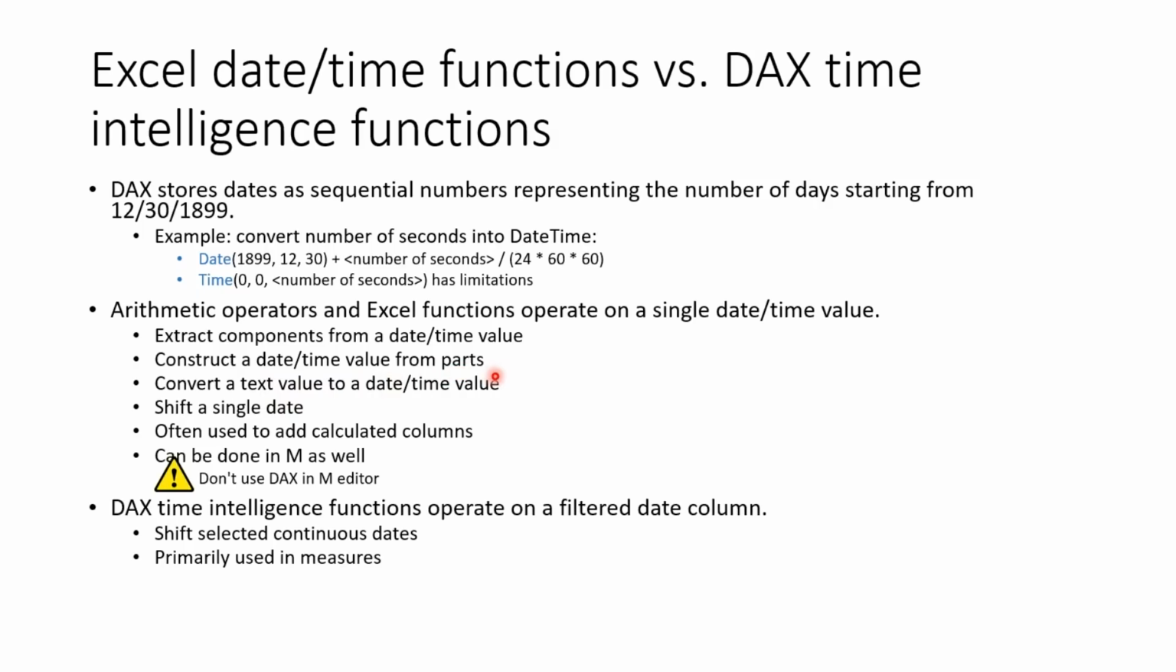Let's say I can say DATE(1899, 12, 13). So I use three different components to construct a new date. I can convert text values to dates. I can shift an individual date value and produce a new date value, and I can do a whole bunch of things. But all of those Excel functions are operating on individual date values,